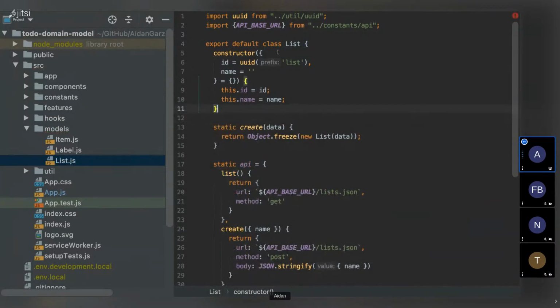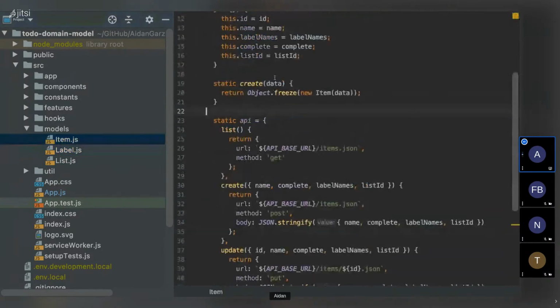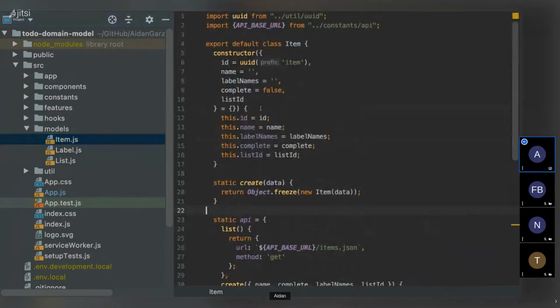So yeah, we've got our list concept with an ID and a name. We've got our item concept that has an ID, a name, a list of label names, a flag for whether or not it's complete, and then a list ID for the list that it's actually assigned to.